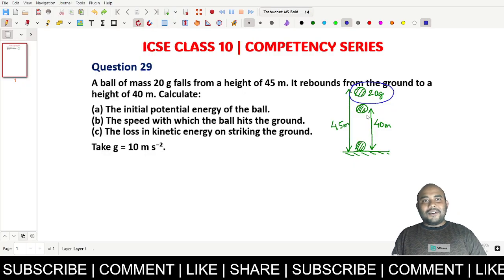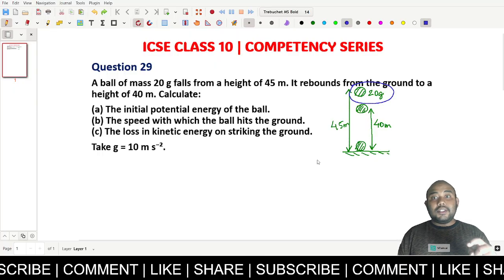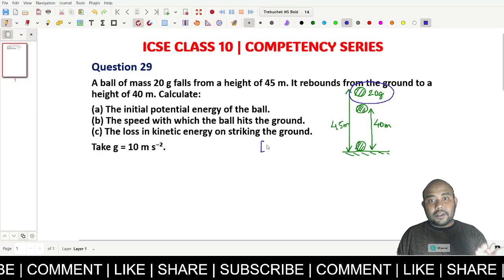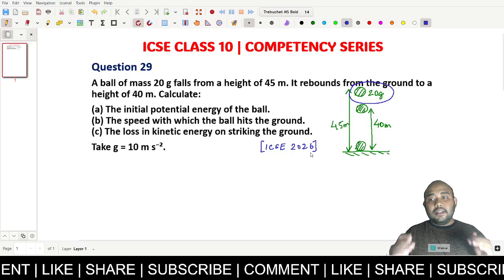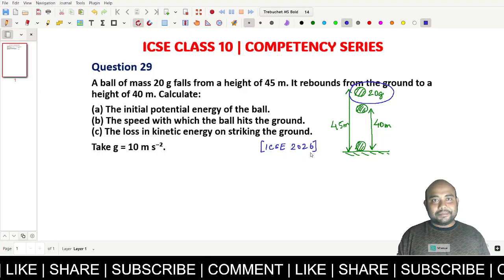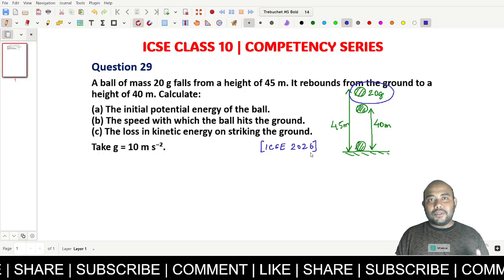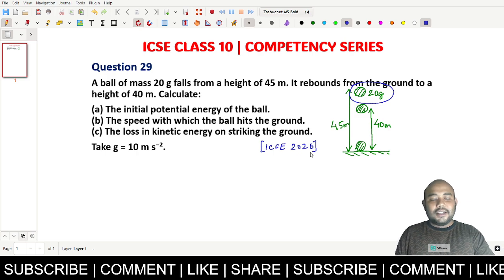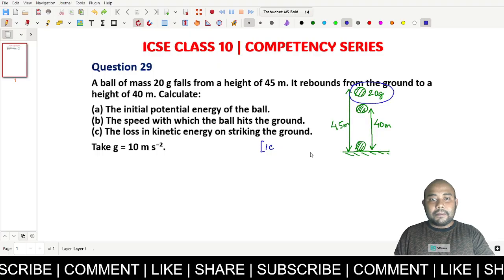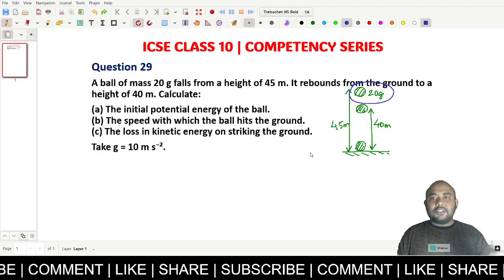It's a very interesting question, and let me tell you that this question is actually a previous year board question. In fact, this is the ICSE question of 2026, this particular year itself. Okay, the latest board question, 2026. So you see, it's a 4-mark question from the question paper. I have directly taken the question. Let's now solve the question.